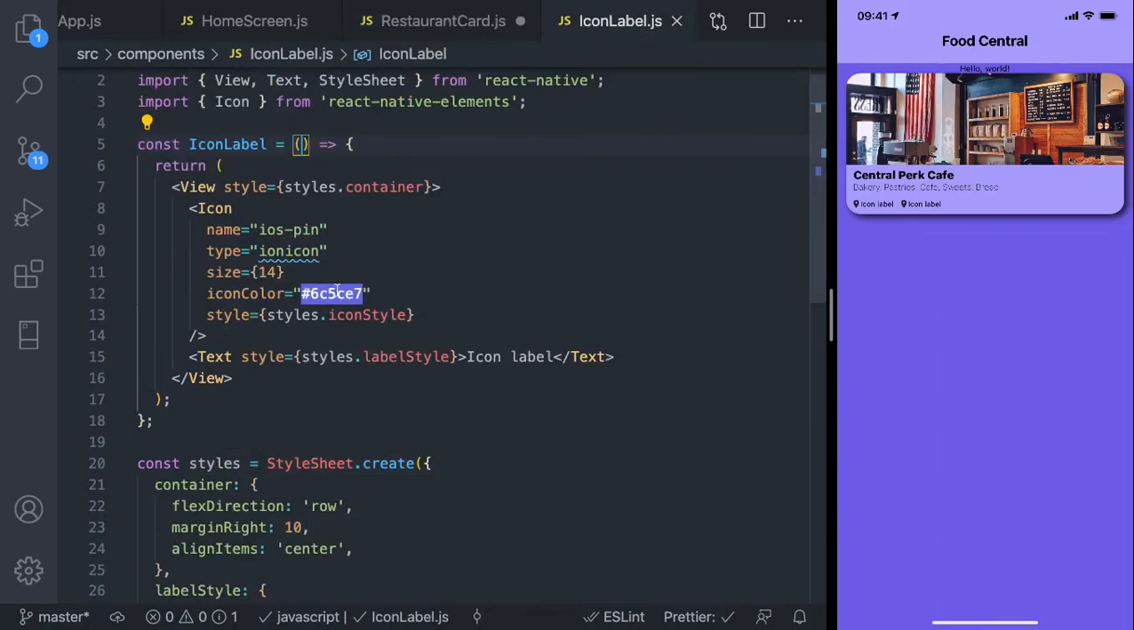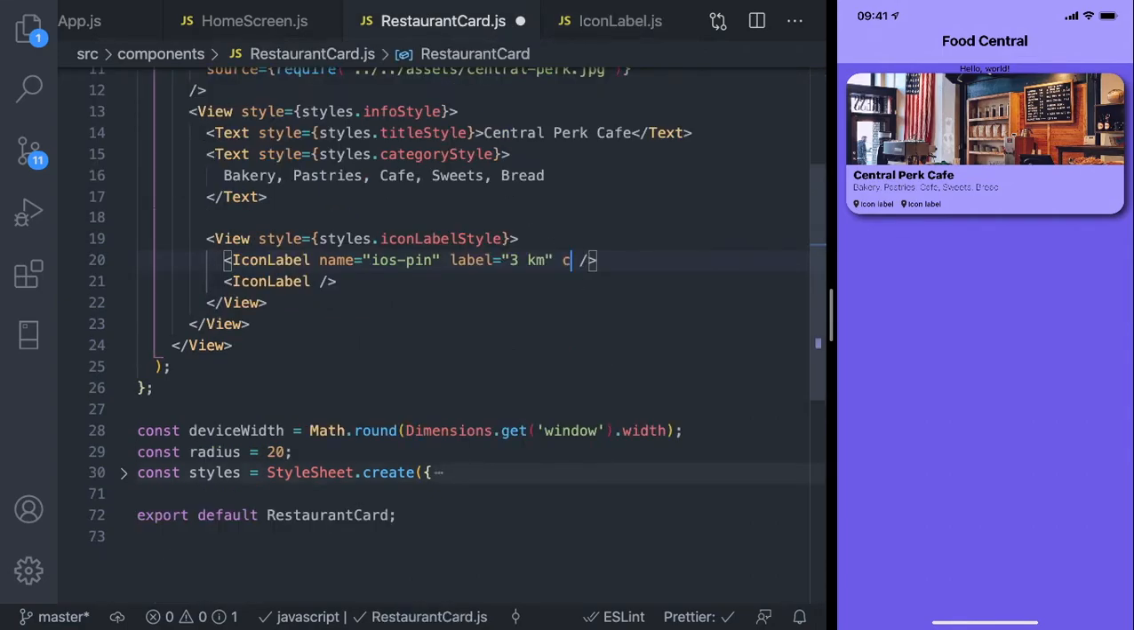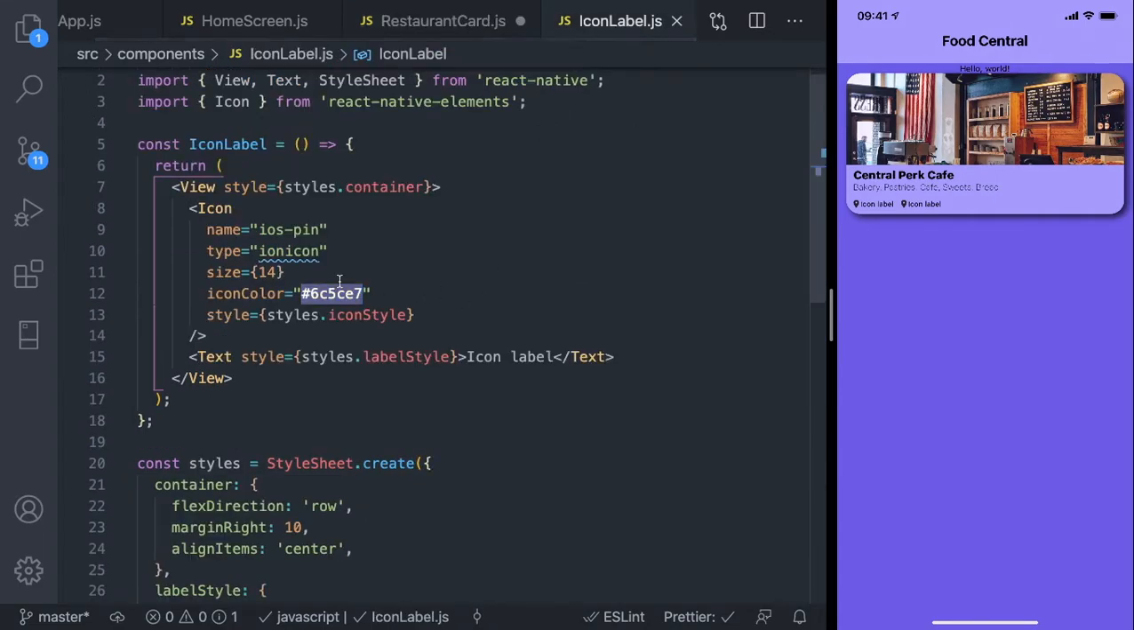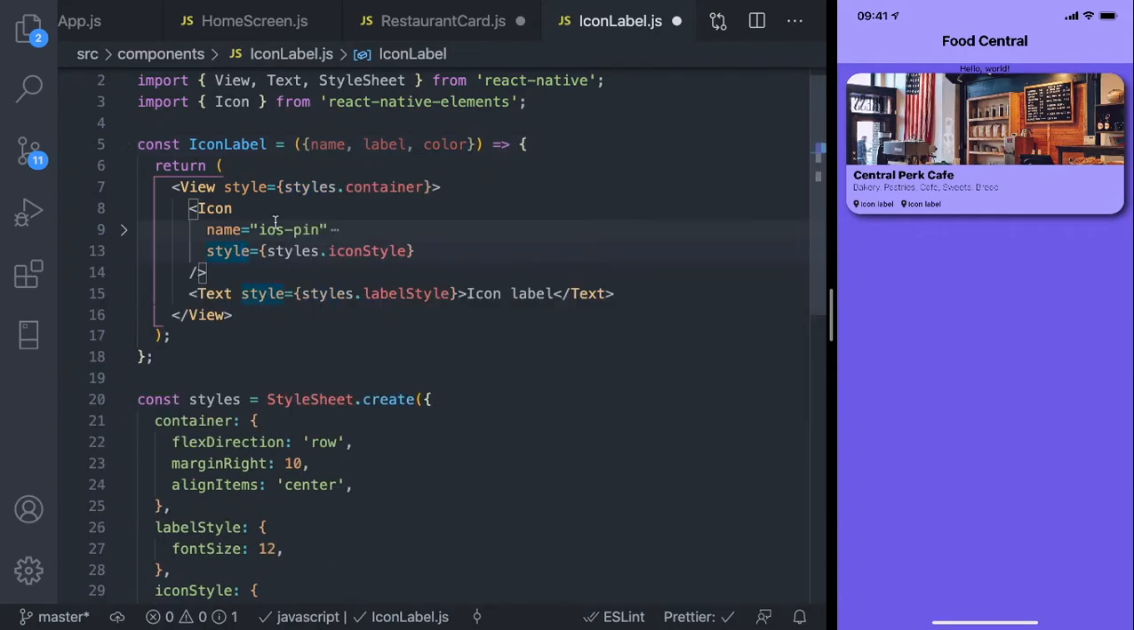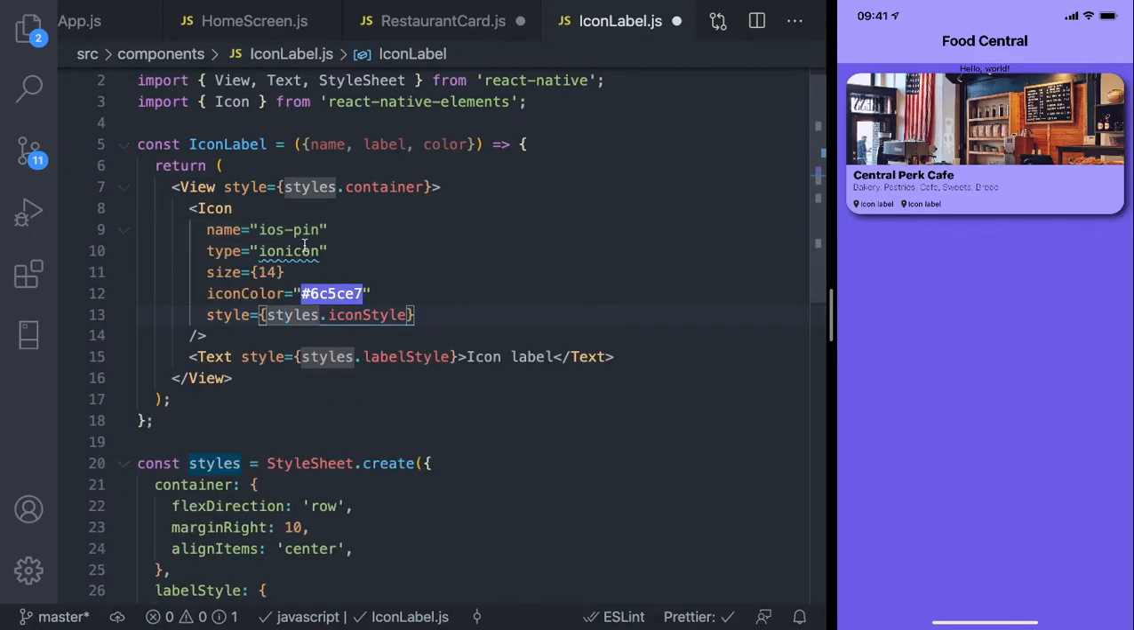And then you want to customize the icon color as well. So just say color. So it's still a string. Okay, that's it. Those are the things we can customize. So that was name, the label, and the color. Okay, so you want to just remove this and add in those props. Name,